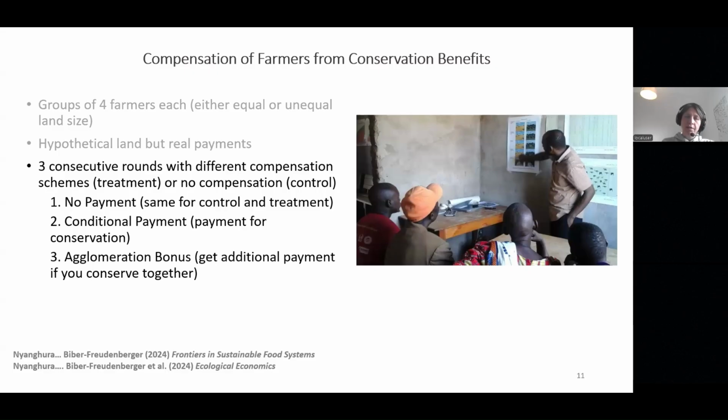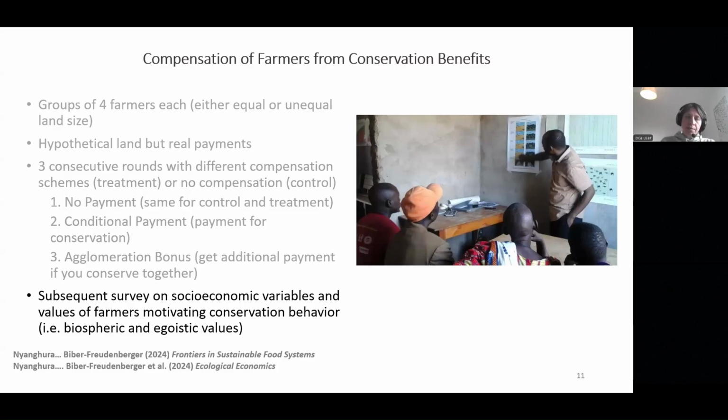And in the second round, they would receive, on top of that conditional payment, an additional payment, like a bonus, if farmers within that group would decide that they are conserving as a group, and therefore conserving a larger area. And we want to look at aspects such as cooperation in the group. And then subsequently, we did a survey on different socioeconomic variables such as gender, age, education, and so on, but